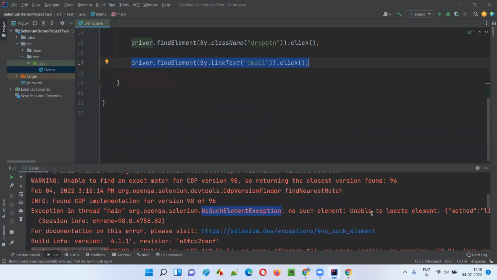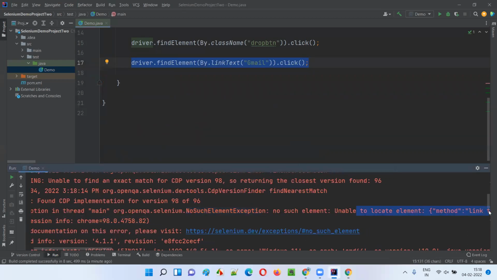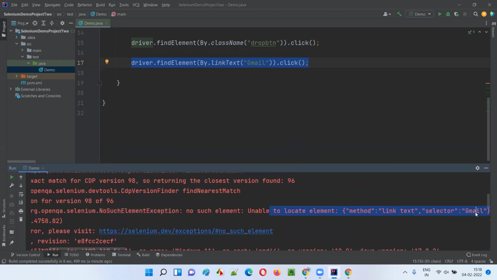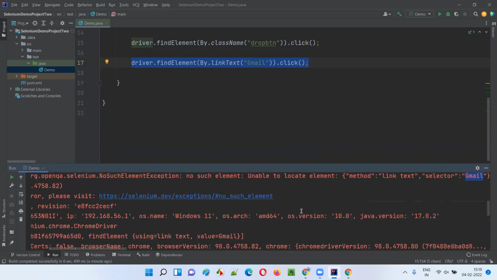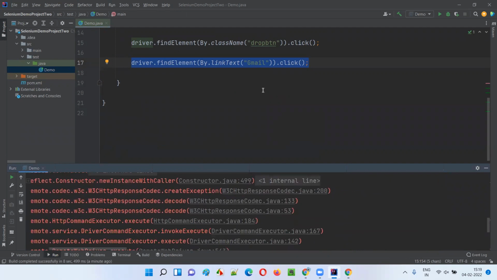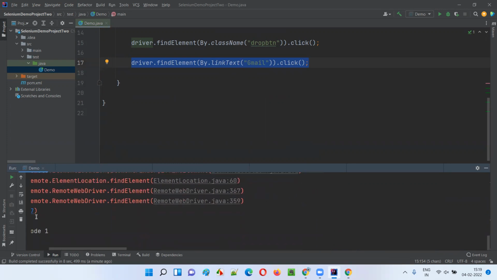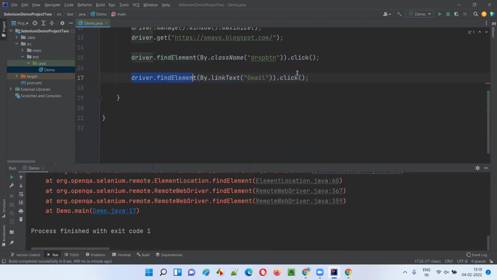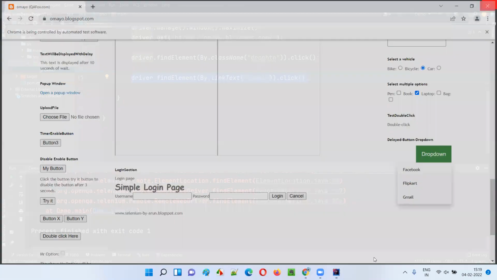It's saying that Selenium has not found the element with this particular given link text. With this Gmail link text provided here, Selenium is not able to find the element. Why is Selenium not able to find it? We have given the proper locator also, right? Line 17, we got the exception. This is the line. The reason behind that is, if you clearly observe what happened here,